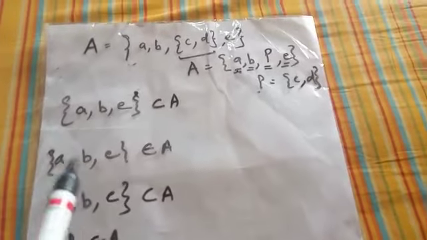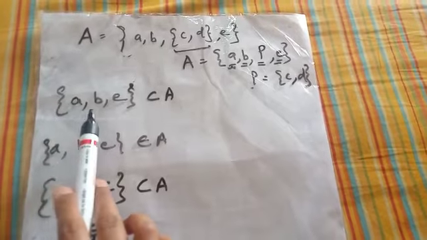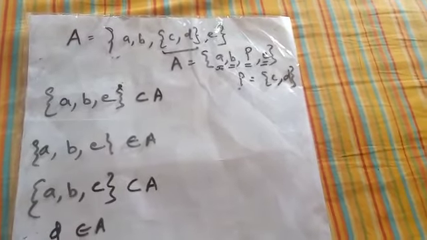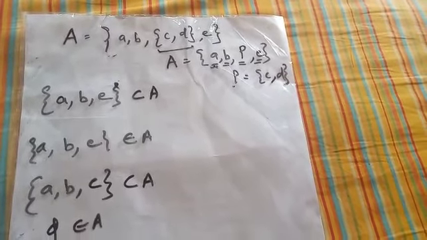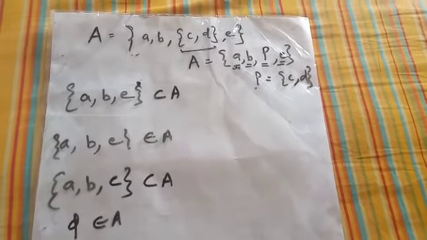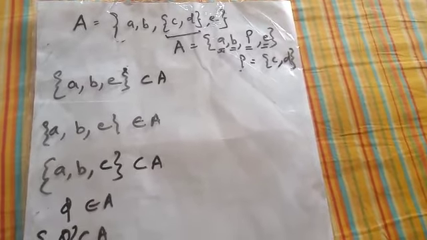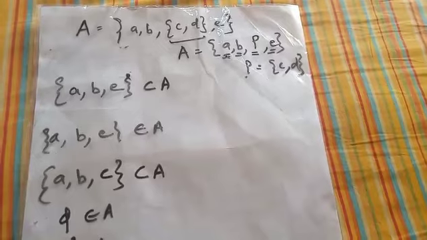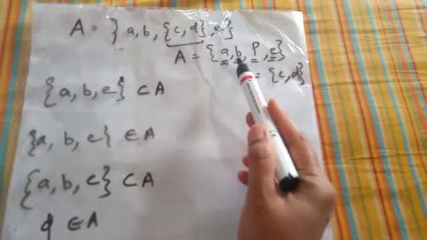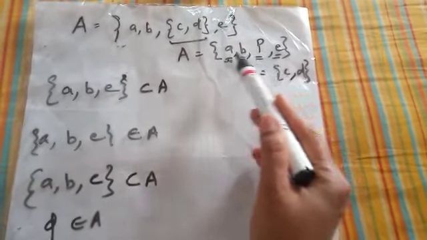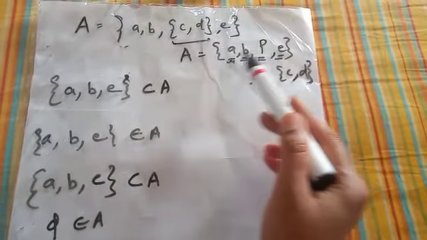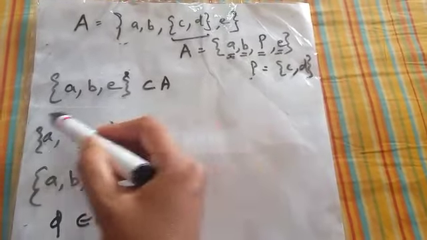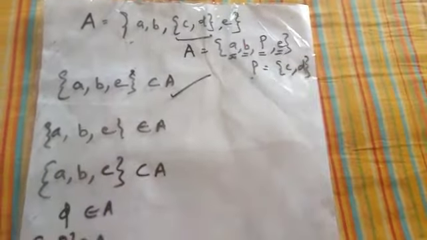Now see few more examples. Here I have written A comma B comma E, and this is a set which is because it is inside the curly bracket, so it is subset of A. Now check whether this is correct or not. A comma B comma E, because these were the elements को मिला के क्या बन जाता है, एक subset बन जाता है. So subset is part of this, so this is true.